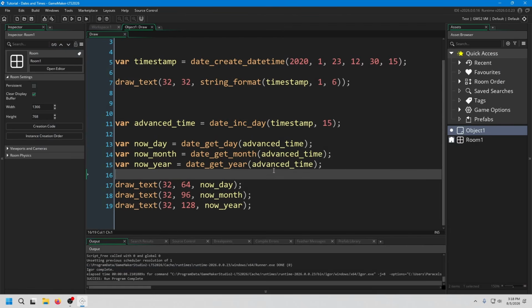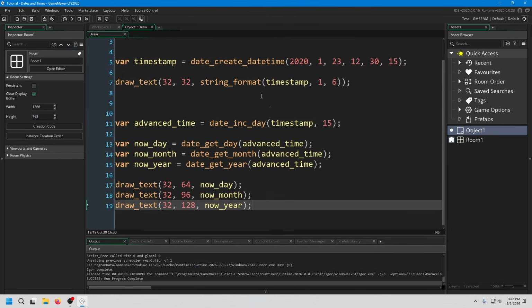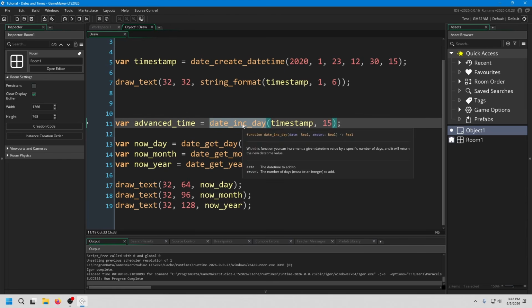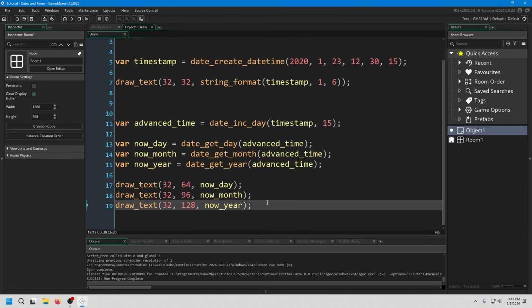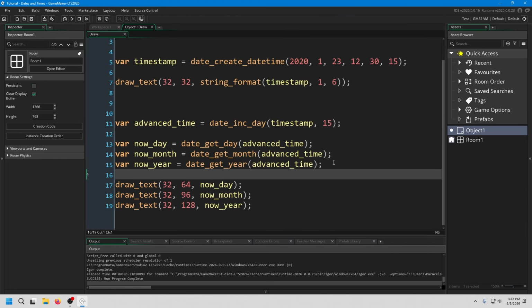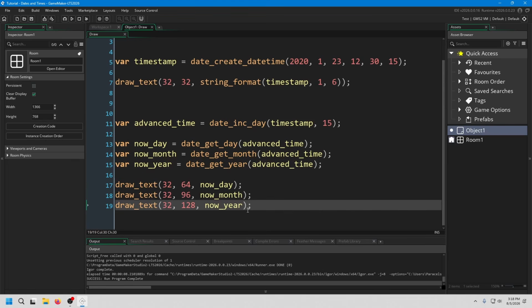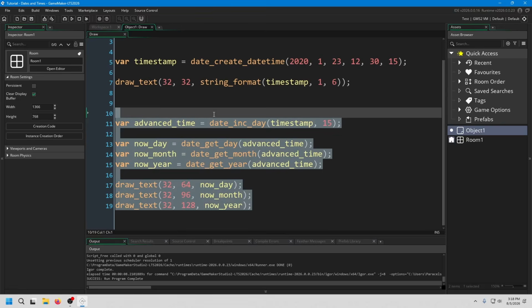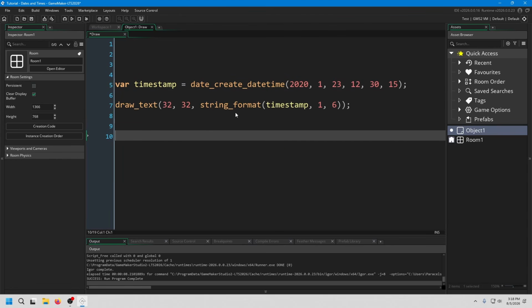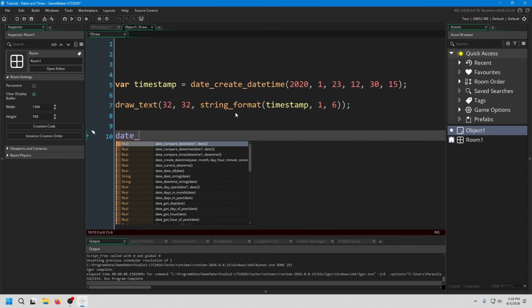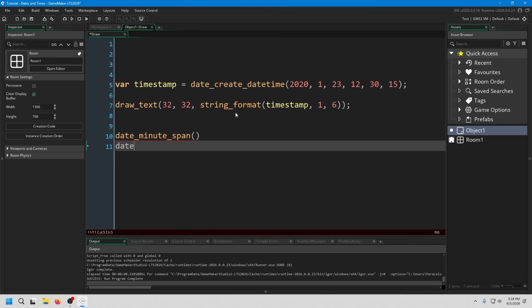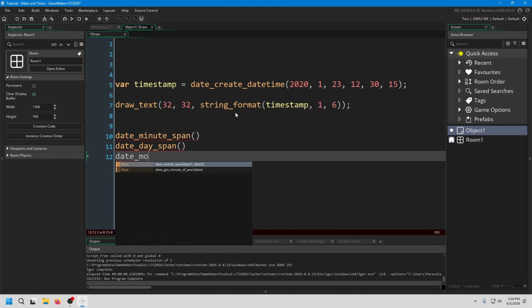I have not actually done that calculation in my head. I'm going to assume that's correct. So if you want to take a particular timestamp, and if you want to forecast into the future for any reason, you can use the date get day, and you can use the date inc day, date inc month, date inc year functions for that to increment time. You can also do the inverse of this, and instead of elapsing time yourself, you can check how much time has elapsed by using the date minute span, the date day span, the date month span,